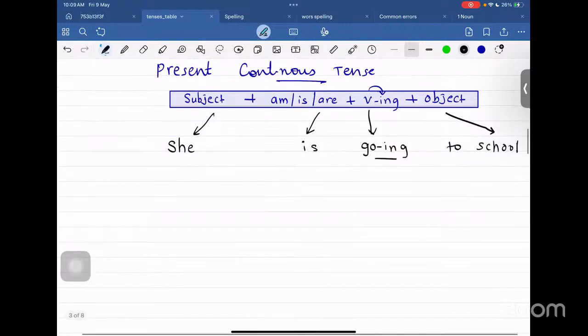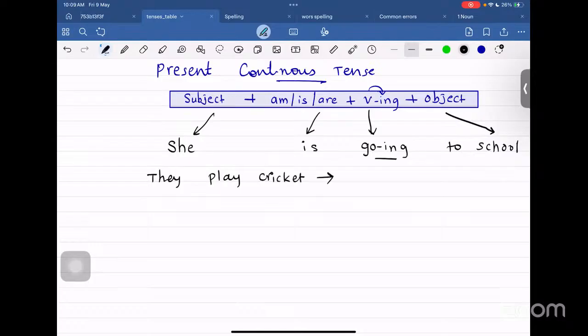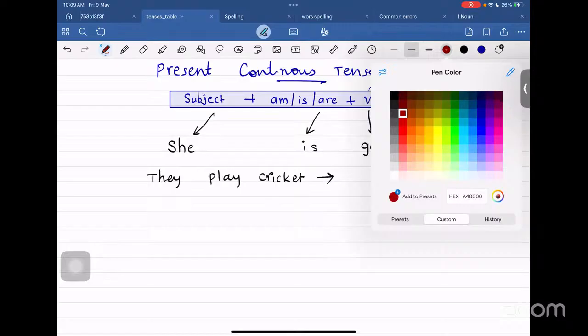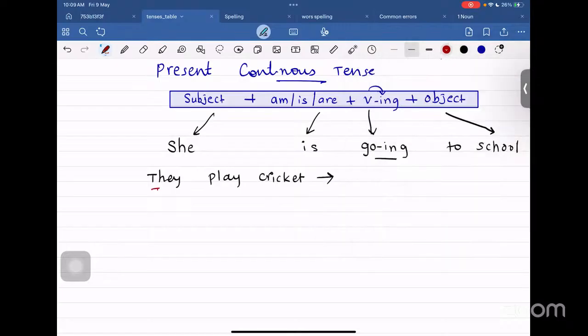सिंपल प्रेजेंट टेंस को कन्वर्ट करते हैं प्रेजेंट कंटिन्यूअस में। फॉर एग्जांपल मैंने दिया दे प्ले क्रिकेट, कन्वर्ट करो इसको प्रेजेंट कंटिन्यूअस में। They are playing cricket. राइट, दे आर, ये आर यहाँ का, और ये आईएनजी, प्लेइंग क्रिकेट।